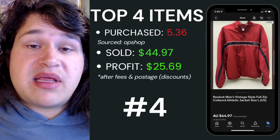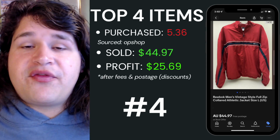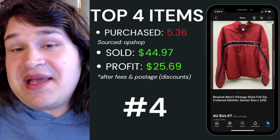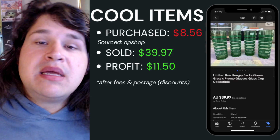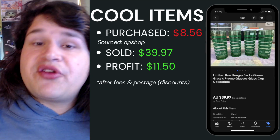Don't usually sell a lot of these, but I found this one, picked it up for $5.36. I've sold it for $44.97 after fees and postage, and profited $25.69. Now, the interesting item for this week was this limited run Hungry Jack's set of 4 green